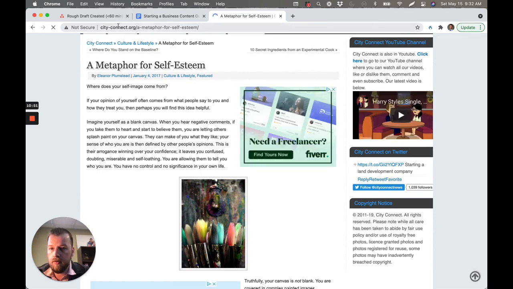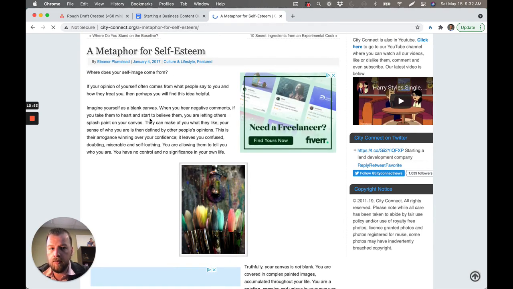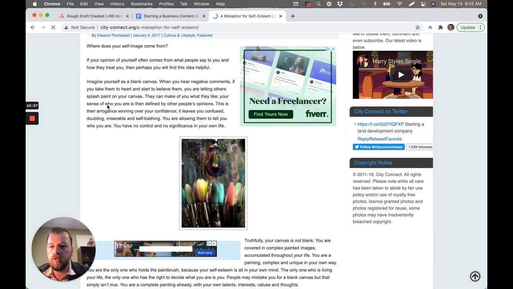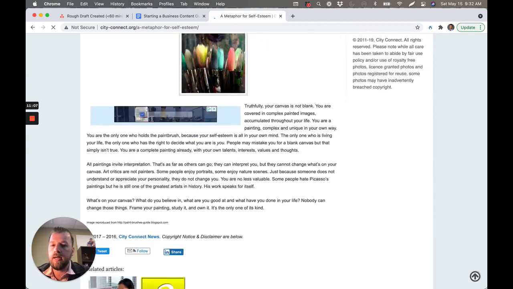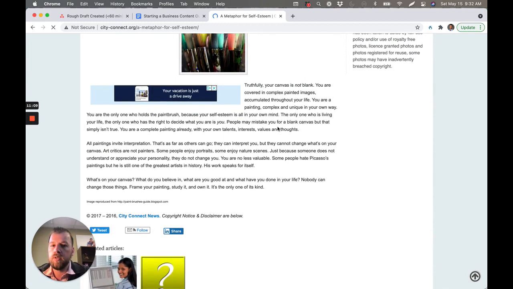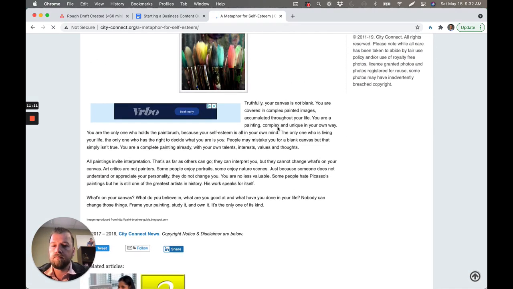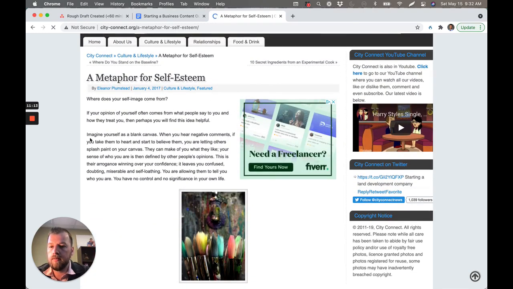And then you could even reference this website if you wanted to. Imagine yourself as a blank canvas. When you hear negative comments, if you start to believe them, you are letting others splash paint on your canvas. I could tie something like this in the same way in terms of having belief, people's opinion of belief splashing on your canvas too.